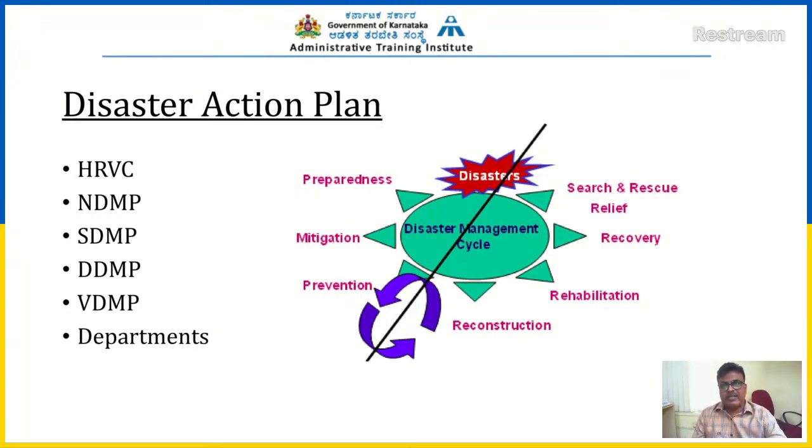So a disaster management action plan or disaster management plan must include all these phases. We have prepared our State Disaster Management Plan here in Karnataka. We are preparing district disaster management plans also, helping the departments to prepare them. At the departmental level, we have departmental disaster management plans. At the Gram Panchayat level, we have Gram Panchayat disaster management plans. That comprises all these phases. So we have prepared almost all the disaster management plans.